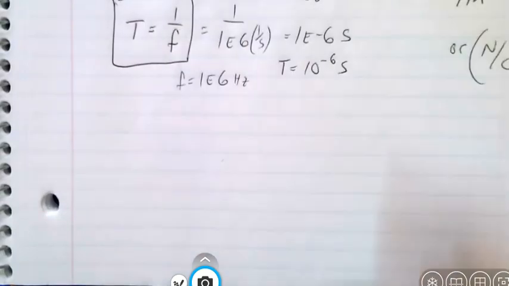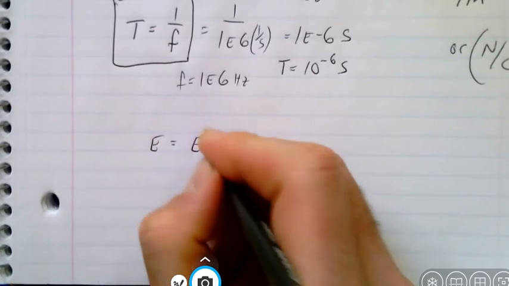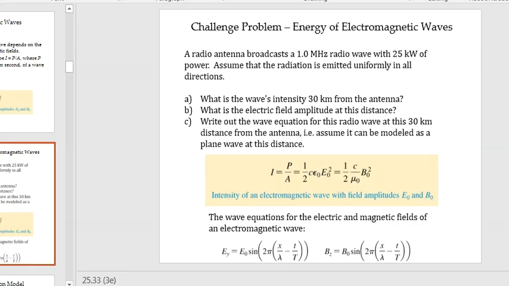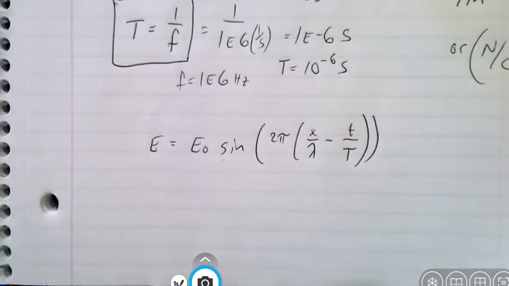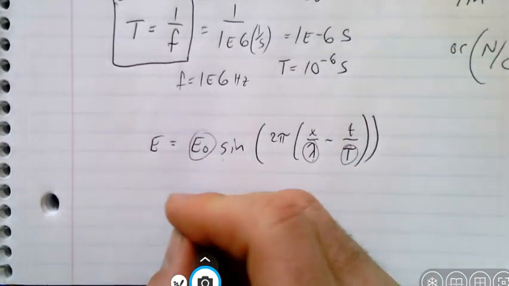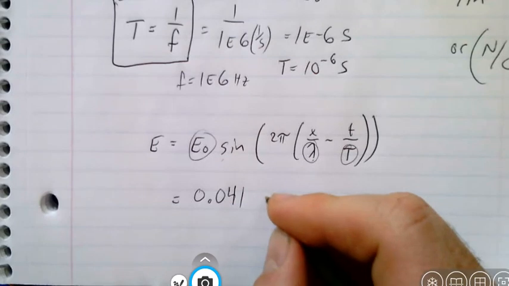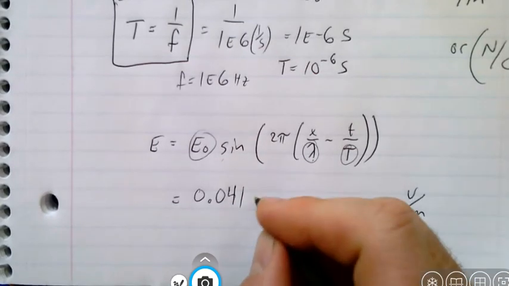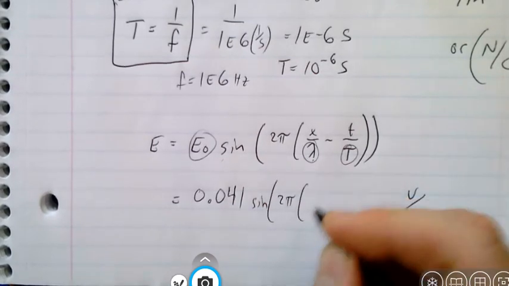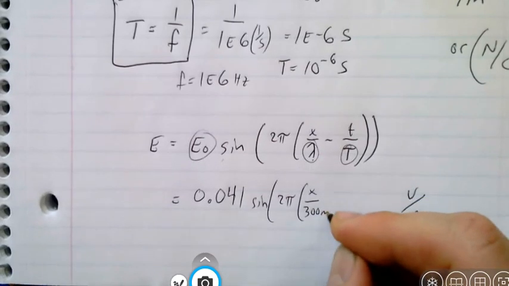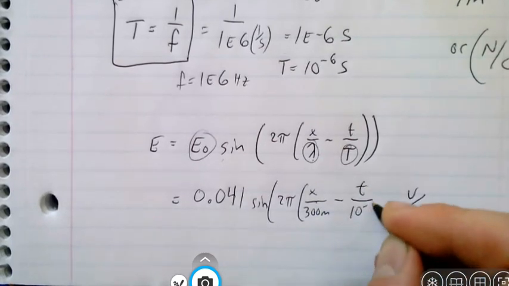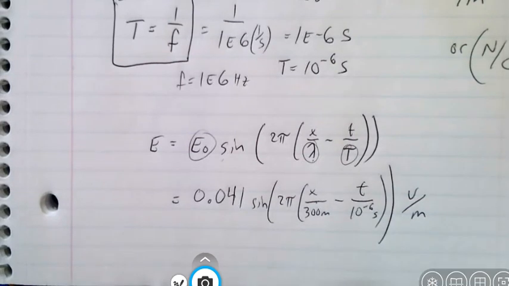just bring this guy up here. We can see that E is equal to E naught, let me just copy it all down carefully here, times the sine of 2 pi times x over lambda minus t over capital T. And so now I can just plug in the things that I need. In other words, lambda is 300 meters, T is 10 to the minus 6, and E naught we found was 0.041, that's finally going to be in volts per meter. And then sine of 2 pi times x over 300 meters minus t over 10 to the minus 6 seconds. And so that is going to be my equation